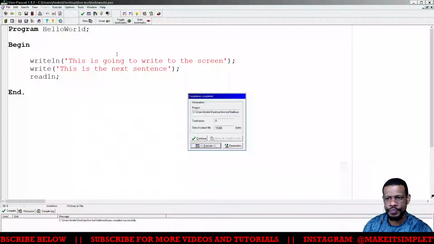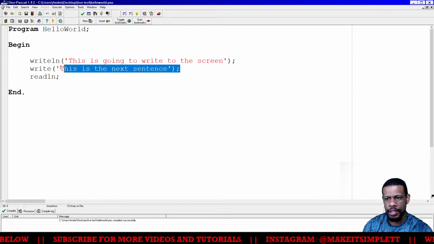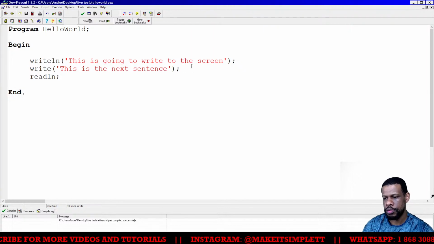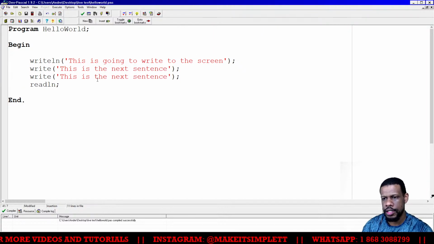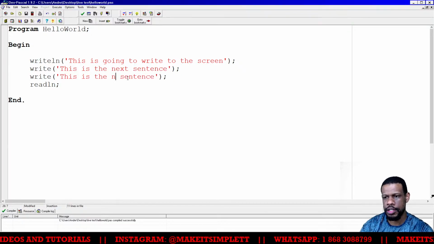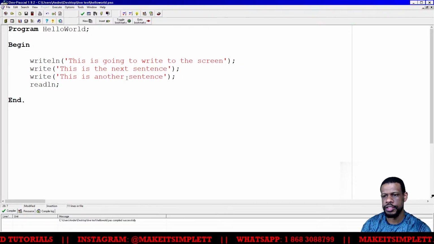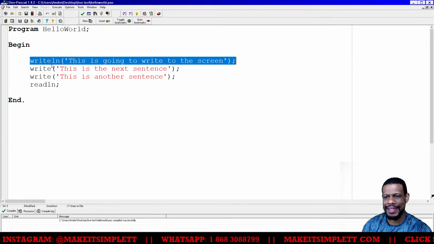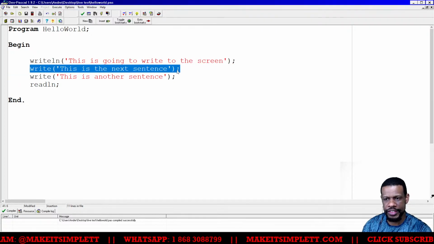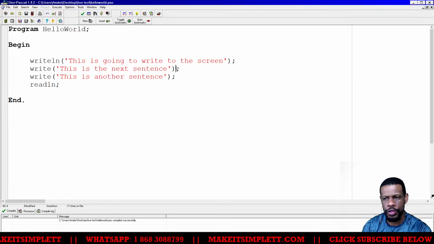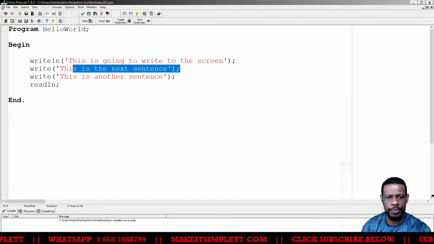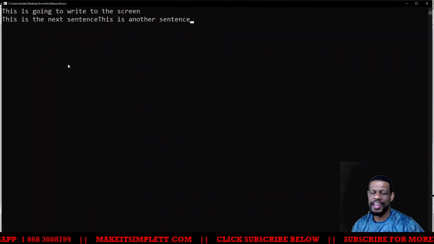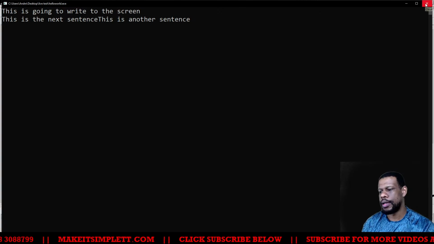So if I write a next line now and I want to put a next word, which is here, this is another sentence. So I'm going to change this to: this is another sentence. What is going to happen is because I have writeLine here, this one is going to write to the screen, and then this one here is going to come on the next line. But this one here is going to immediately follow the one that was before because I didn't put writeLine. So just to demonstrate, make sure you understand that concept because the difference between write and writeLine is important, especially when you're doing your program. So that will happen there.